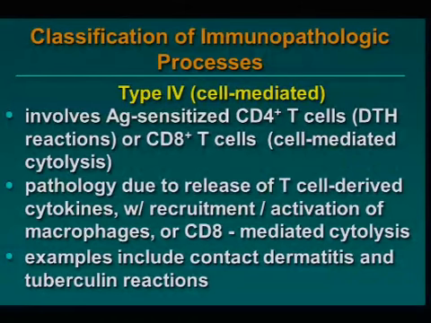Type 1 doesn't have to do that. You get the allergen, you get IgE on mast cells, the mast cells degranulate. This one, on the other hand, you have to have various different steps. You have to have an antigen presenting cell, you have to present the antigen to a T cell, you have to have a T cell response, release of cytokines, okay, and eventually you get a reaction. And the classical example is contact dermatitis or tuberculin reactions,